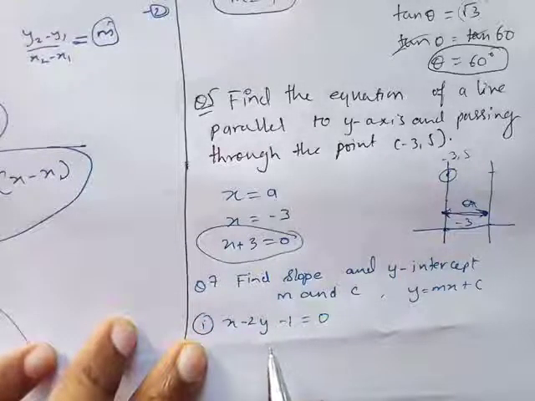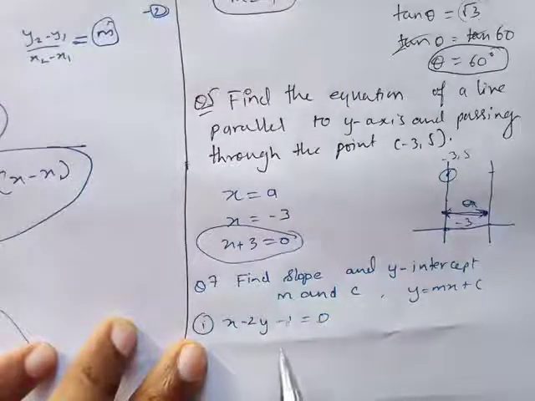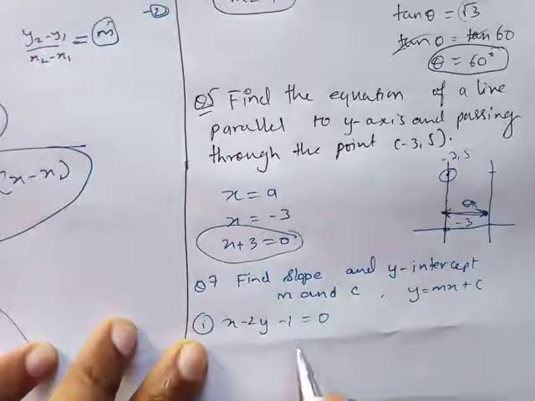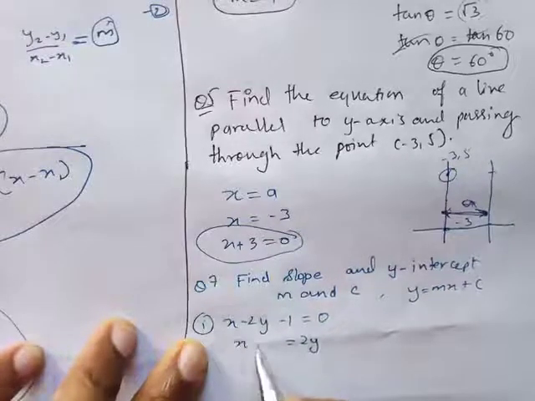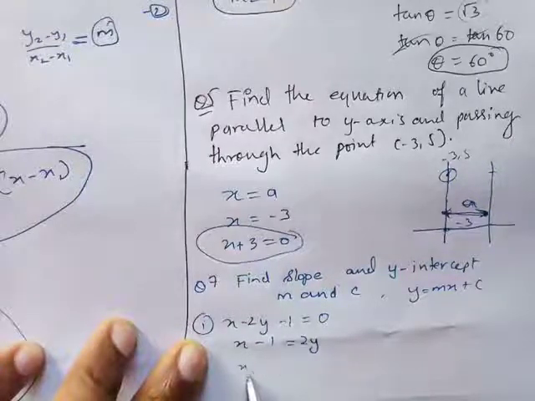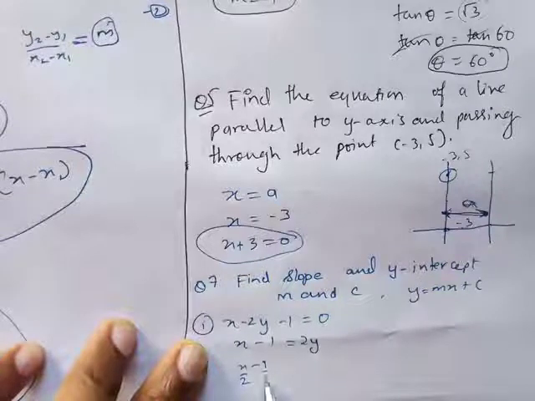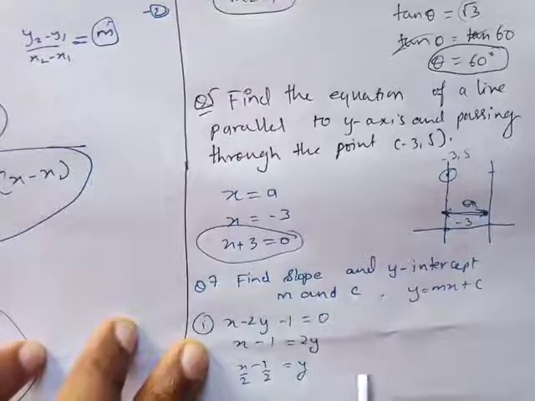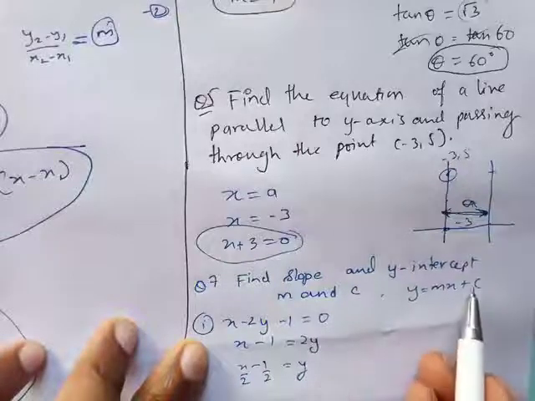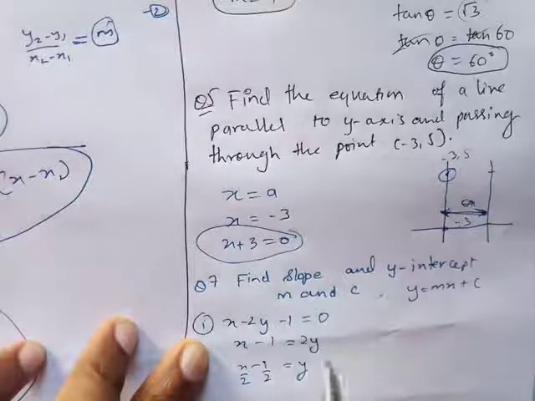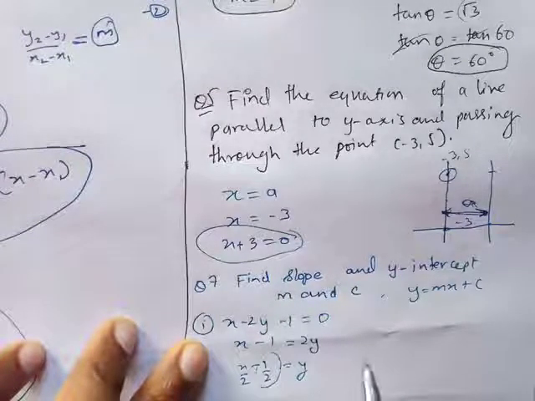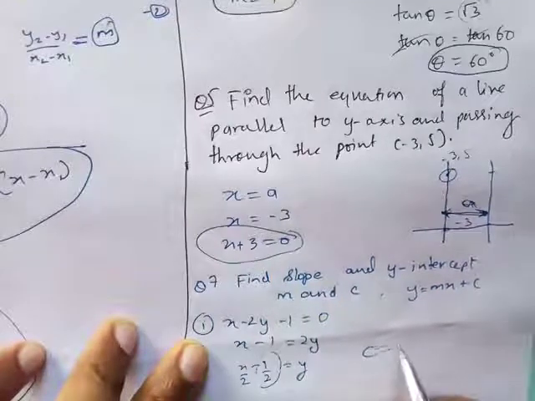It's gonna be something like this. What can be done? So I'll take 2y on that side and x minus 1, and 2 is going to leave this alone. So it's going to be x minus 1, below this also 2, below this also 2, equals to y. So y is on one side, okay, you can compare this, and the constant term that is called c. So what is the constant term over here? This part, and the minus sign is also with this. So what I'll say, y-intercept or c is equals to minus 1 upon 2.